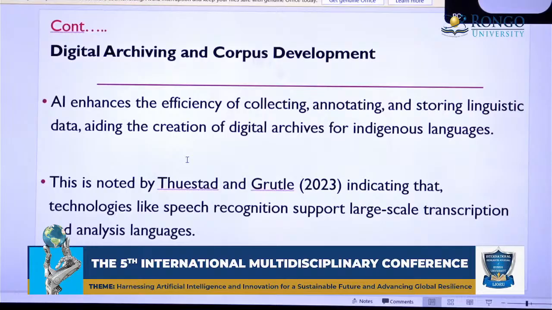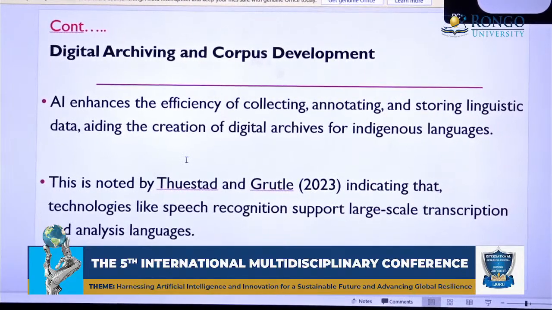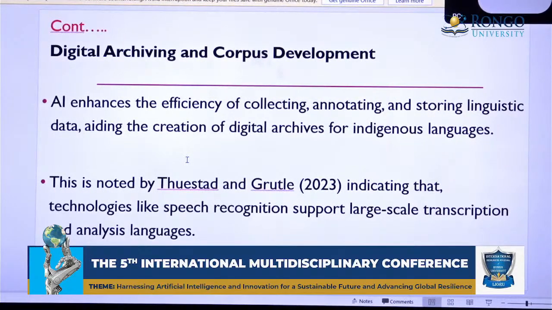also analysis of languages. So when we use those mechanisms of AI for transcribing the languages, when we make this machine learn our African languages, then it is able to put up a repository and even create a dictionary of our languages. So that when somebody is searching for something concerning our language, it is able to bring it on board.